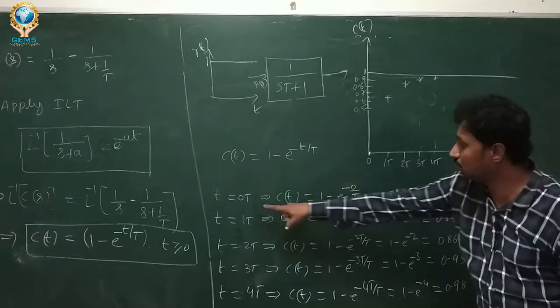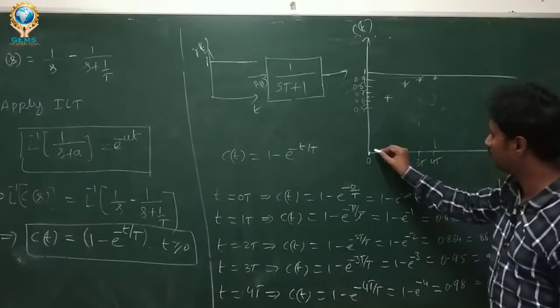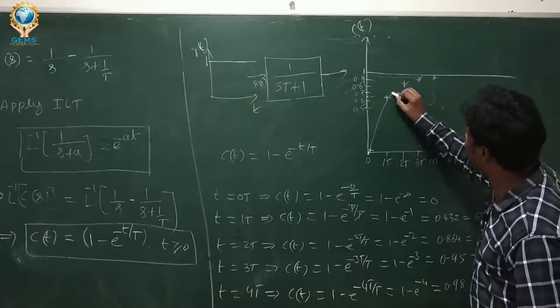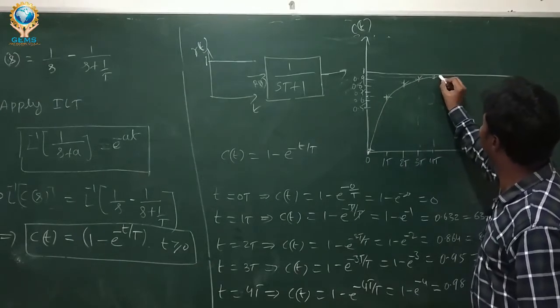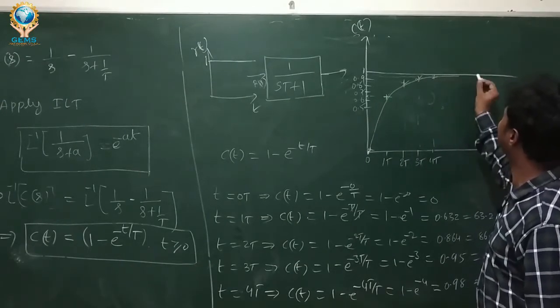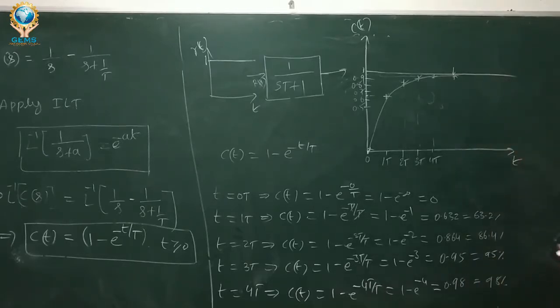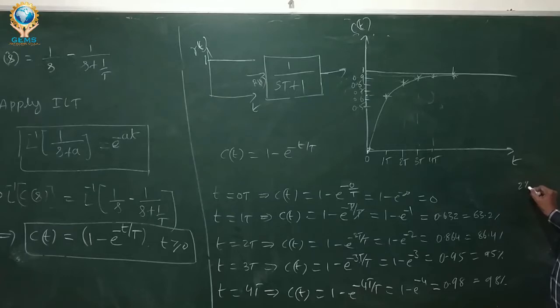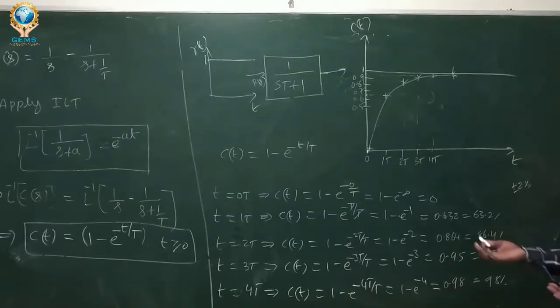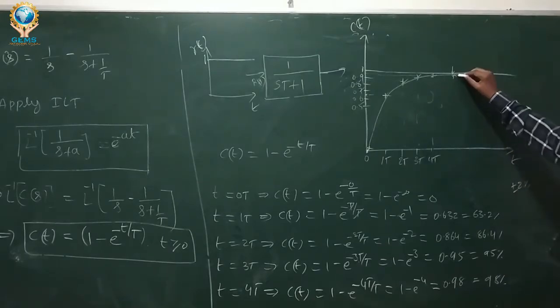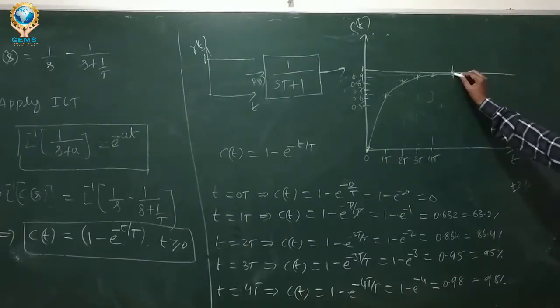Now you just draw the response graph. At t is equal to 0, you got 0. Here is 1 point. When you draw the response, it will go like this. There is a 2 percent tolerance, plus or minus 2 percent, which can be acceptable. The system is coming within this band and staying there. It means steady state. Here, steady state.